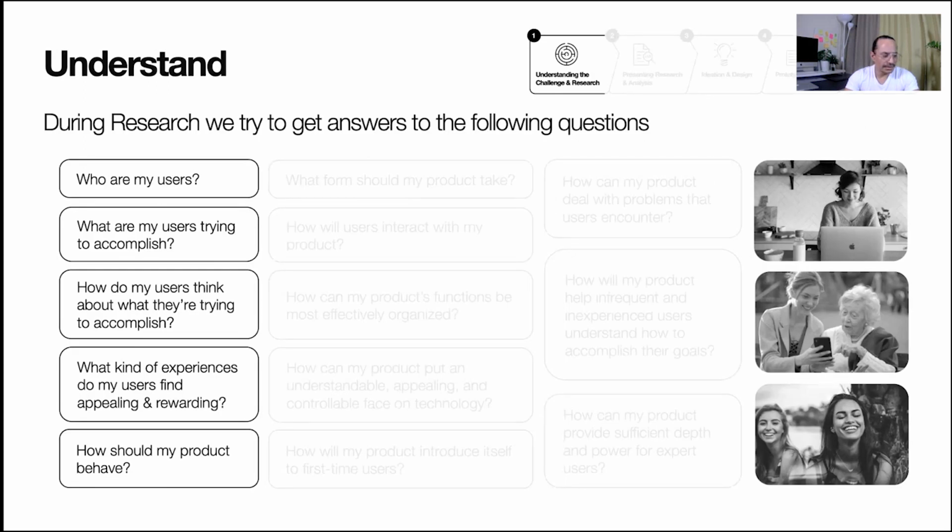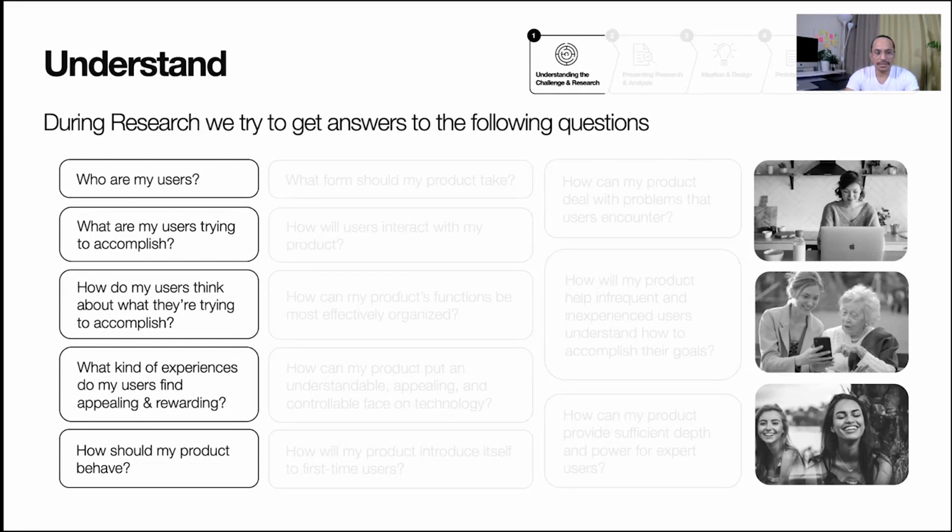So whenever doing the research, we basically do the research to find something. We try to get answers to many questions, and these are a few of them. Okay, first is who are we designing for? Who are the users? Then also what are my users trying to accomplish? Fine, they would be using a product, but what is the ultimate goal, what is the objective, why they would be using a product, and so on. So that is what we try to understand when doing the research, right?